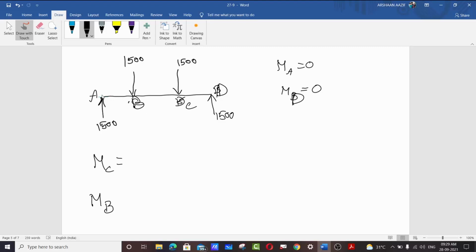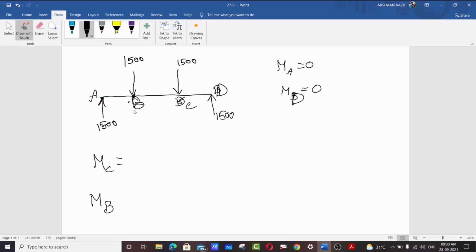If you take bending moment on both the sides, it will cancel each other and the net bending moment will be 0. That's what we have used in the previous condition to find the reactions. So you have to either find the right hand side total effect or the left hand side total effect. They will be equal but opposite in direction. That's why it cancels and brings you the net bending moment as 0.